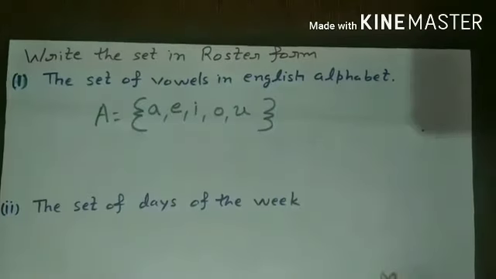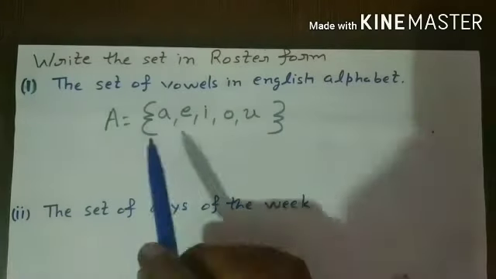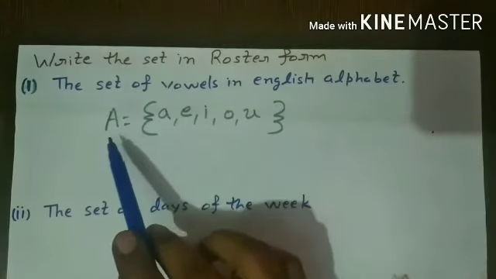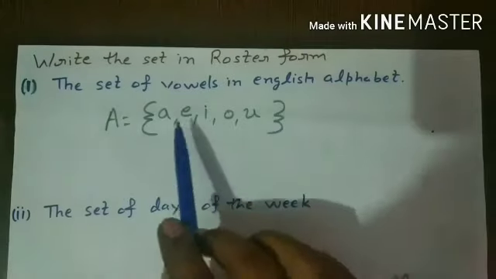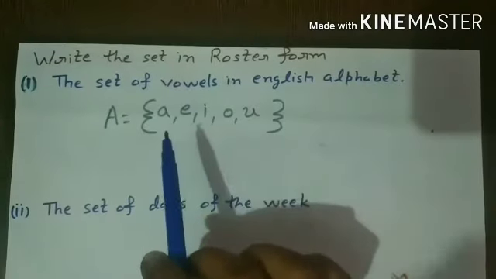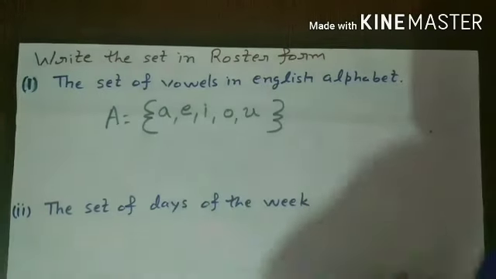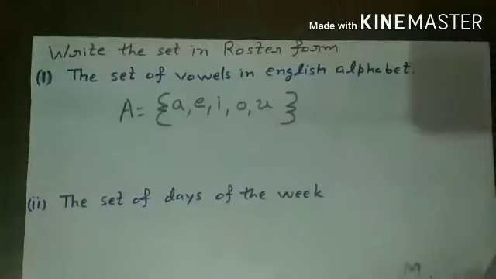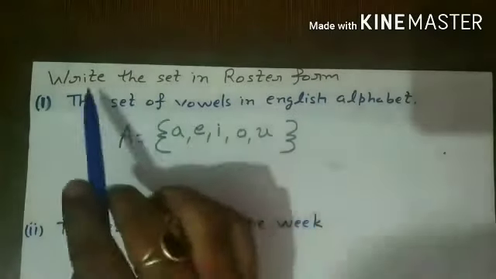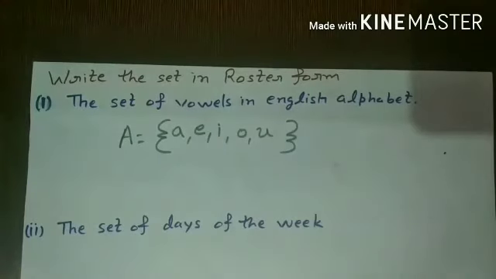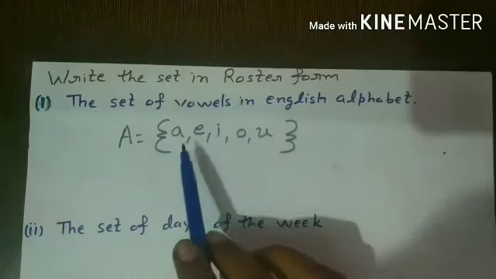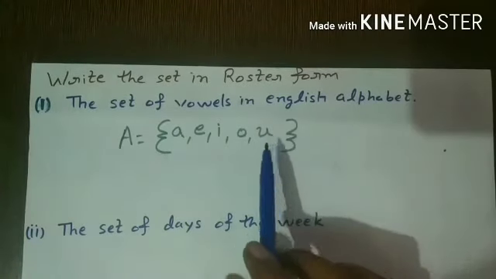Okay student, now let me tell you that the name of the set is always written in a capital English alphabet and the members are represented in small English alphabets. Now you can see this is the roster form. What was the heading? Write the set in the roster form. So in order to write the roster form, you will write the actual members under the brackets and separate them by commas. In a set all the members are different.